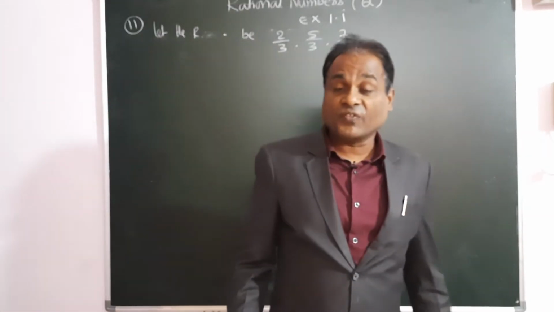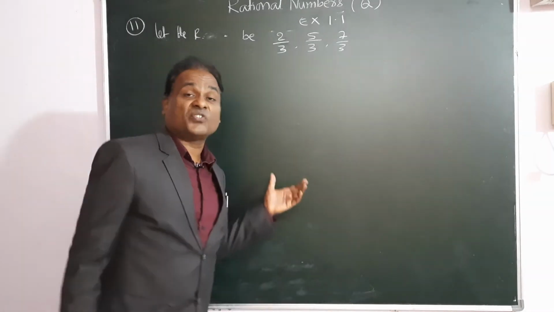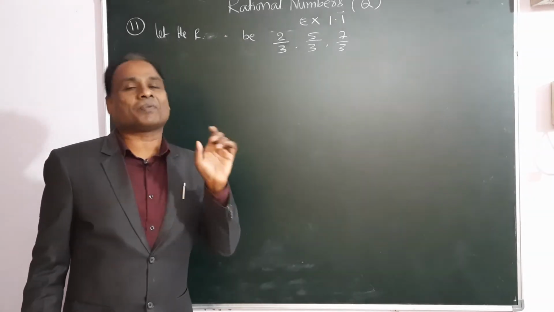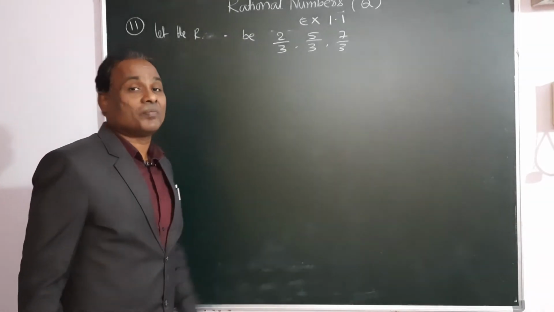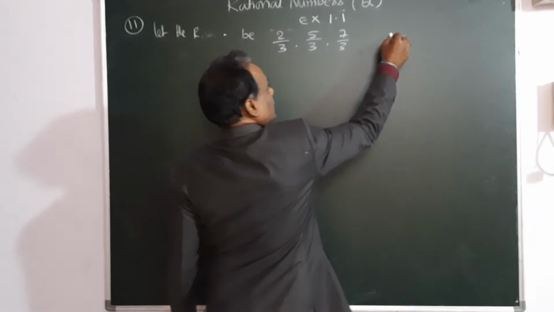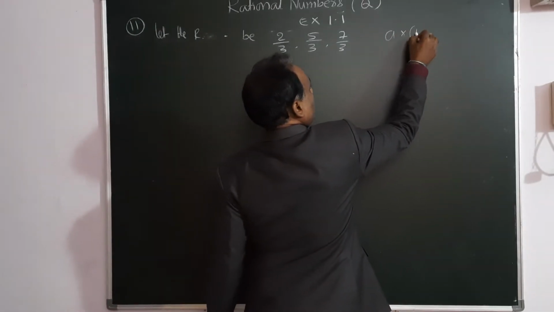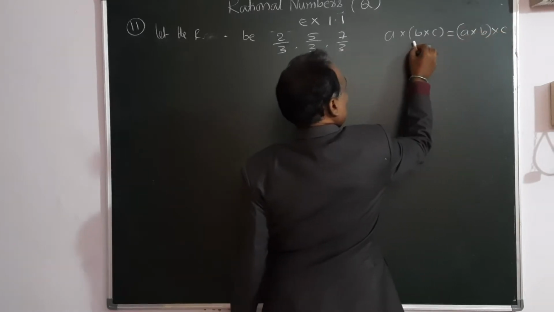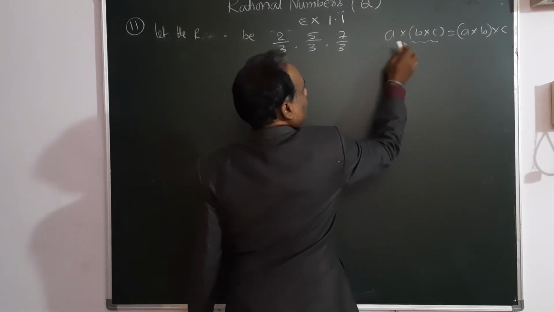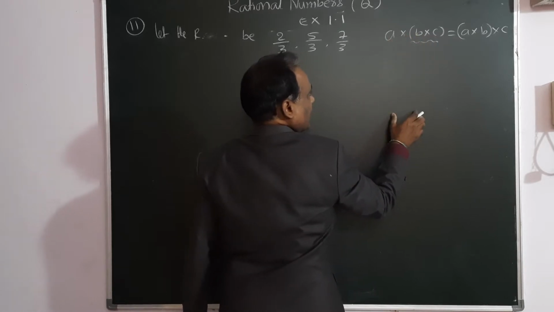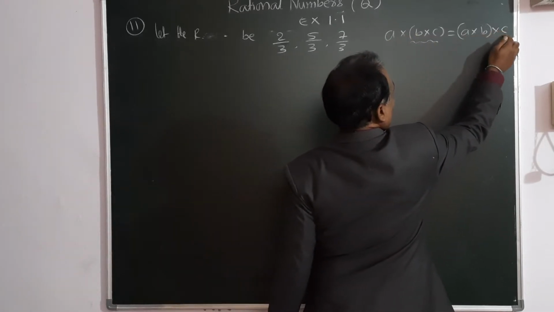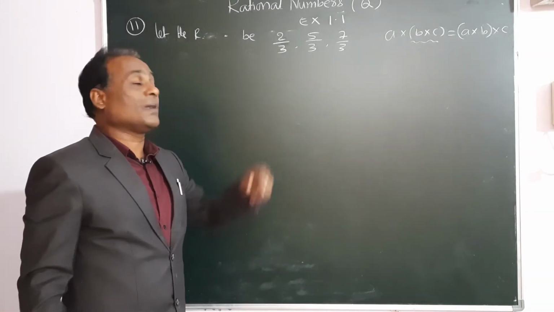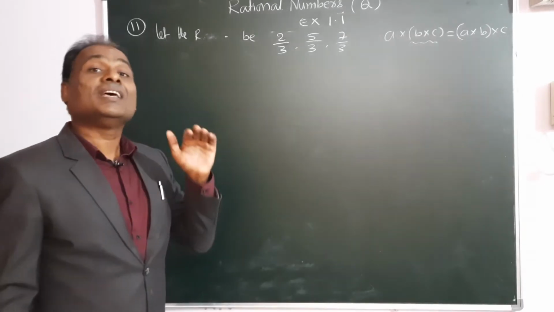Now let us verify whether the rational numbers satisfy the associative property or not, under which operation? Under subtraction. So remember the associative property. Associative property means (A times B) times C is equal to A times (B times C). First these two should be written in a bracket, one outside. So simplify this, after simplifying, get the answer. First simplify the first 2, then simplify the third one, get the answer. If both are equal, we say that it is associative. That is for multiplication, but we have to verify it for subtraction.